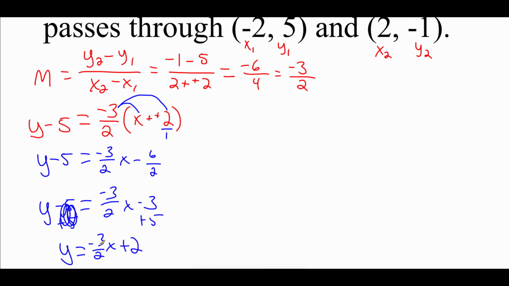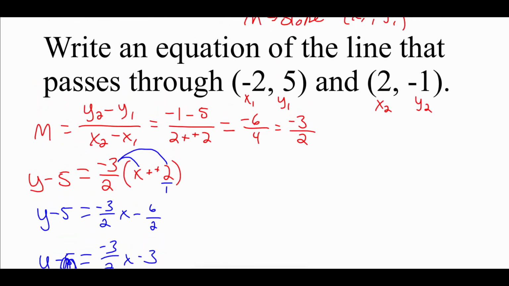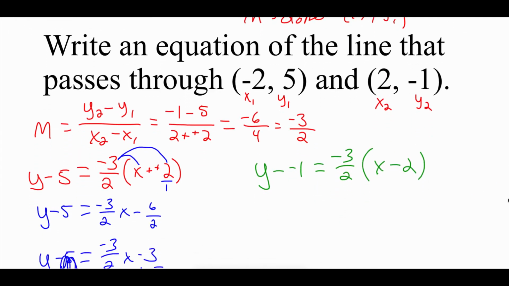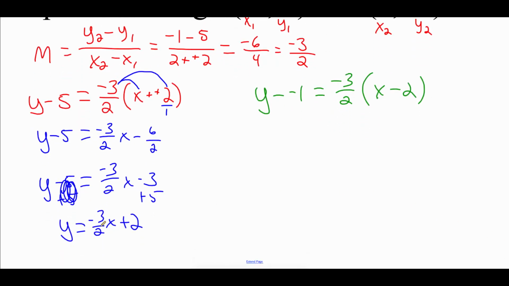So we get the equation y equals negative 3 halves x plus 2. Now I said I was going to show you that we would get the exact same answer when we use the other point as well. So I'm going to scroll back up here so we can see our point slope form. So it's y minus the y value. I'm going to use this 2, negative 1 point now. So the y value there is negative 1 equals the negative 3 halves slope times x minus the x value from the point, 2. And when we go through and simplify this down, we should get the exact same answer